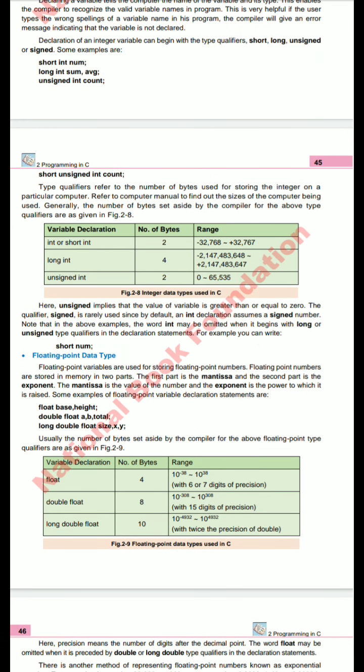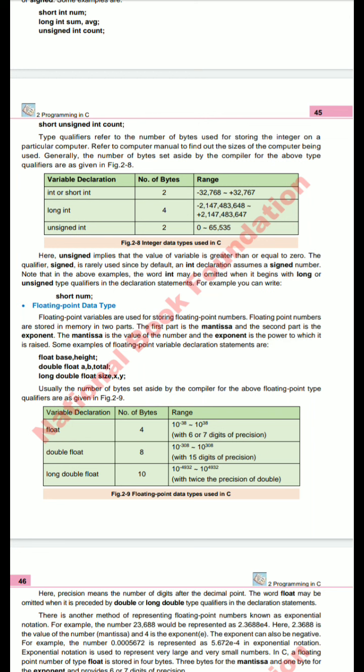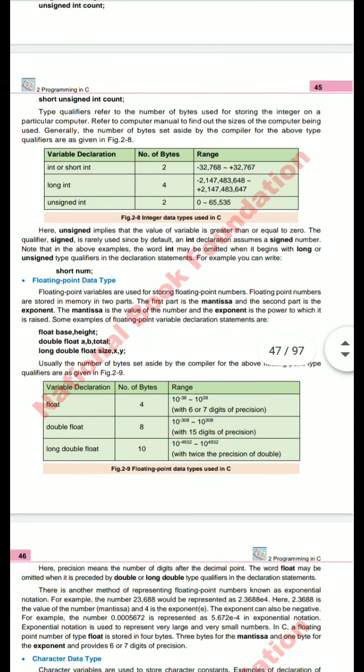Type qualifiers refer to the number of bytes used for storing the integer on the particular computer. Refer to the computer manual to find out the size on the computer being used. Generally, the number of bytes is set by the compiler for the above types.